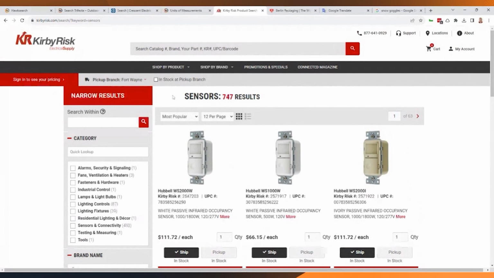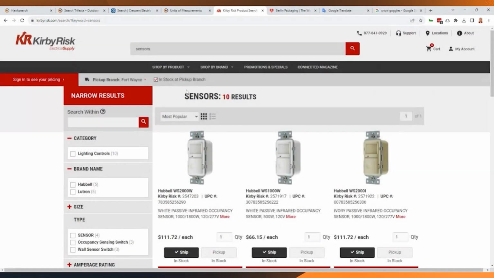And we can even go a step further and say, what's available in stock. If we have this kind of data on hand to say what's in stock and what's out of stock, we can use it even at very specific locations. Say I'm going to walk into the Fort Wayne, Indiana location and I need to pick up a sensor right now. What could I do? Using that segmentation data, HawkSearch can now filter against what is physically in stock at that location to show just the 10 results. So we started at 5,000, went down to just the specific results from that Fort Wayne location, and now we're looking at just the ones I can specifically walk in and buy. We went from 5,000 down to 10 results just by using that filter.